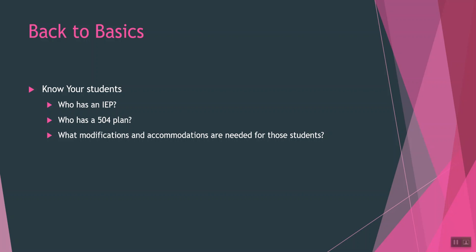Now, on this slide, I just wanted to go over a couple of things that you, as a teacher, should make a point to find out more information about your students at the beginning of the year when you receive your roster. Find out who has an IEP, who has a 504 plan, or which students are just receiving intervention, so you know that they're going to require a little additional support when they're in the classroom with you.